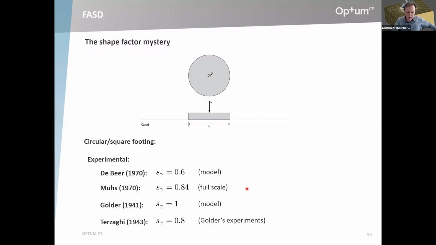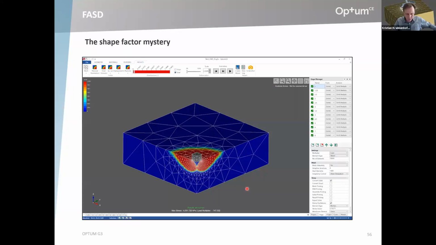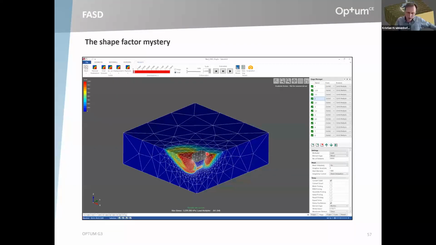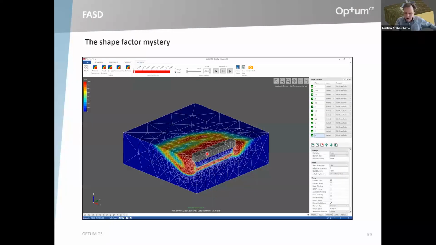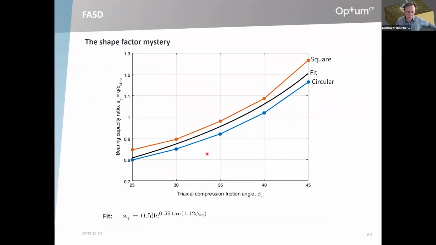With the FASD model, we could have a look at how things look, and I've used the square foundation now, and we could look at the square foundation for general rectangular foundations, and we did that. These calculations can be done in a quite straightforward manner. Of course, the more elements you use, the longer the computational times, but eventually you get there. And if we look at then a circular and a square foundation, this is how the shape factor looks. I don't really like calling it the shape factor, but let's say the capacity relative to the capacity of a strip